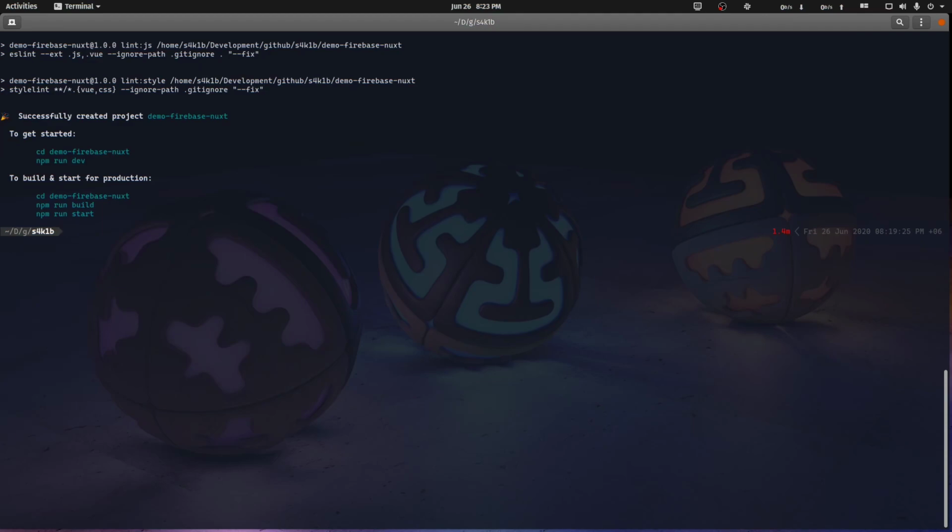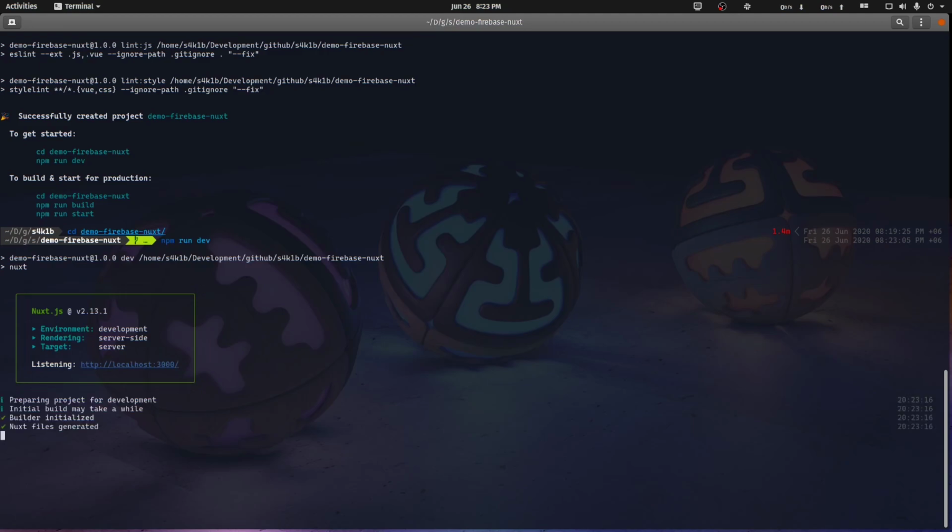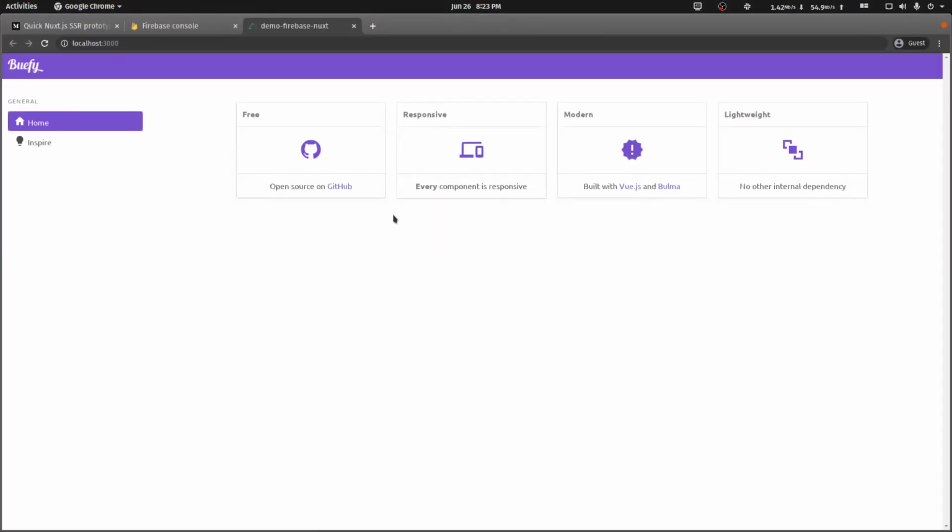So let's go to our project directory and run our development server by typing npm run dev. So we can see that our app is being served from our localhost port 3000. So let's head over to our browser. So we can see here it is working. And now for the next step, we have to